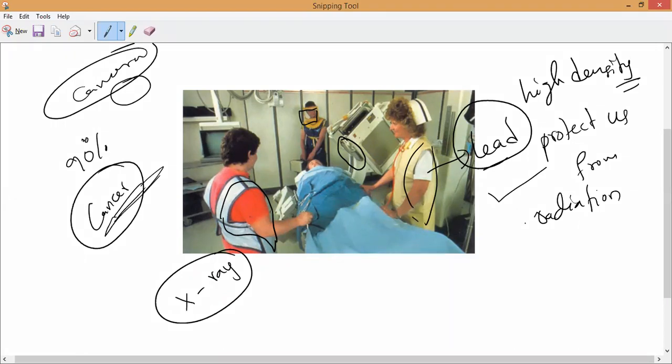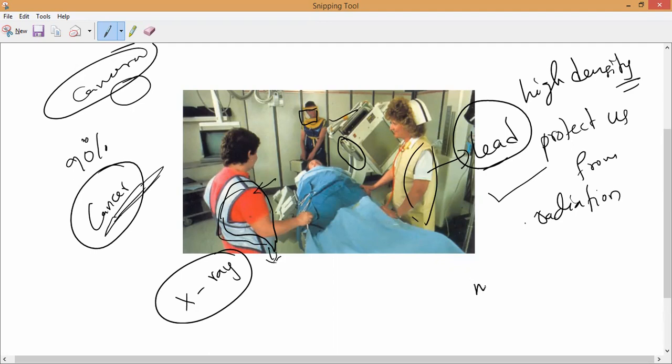If you see the employees working in the X-ray department, they always work with that dangerous light. If they do not wear safety equipment and this kind of dress, at least some percent of that light will touch their body. Yes or no? So it will cause severe health disorders. That is the reason they protect themselves with lead jackets, because of lead's high density.